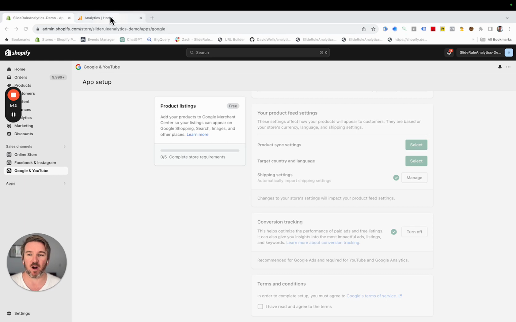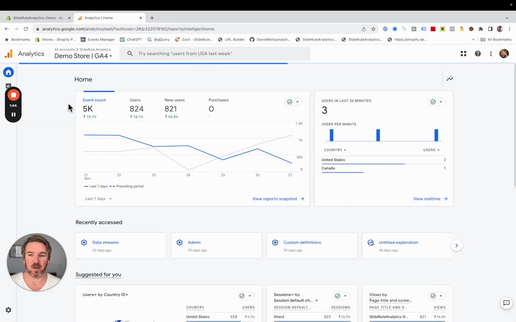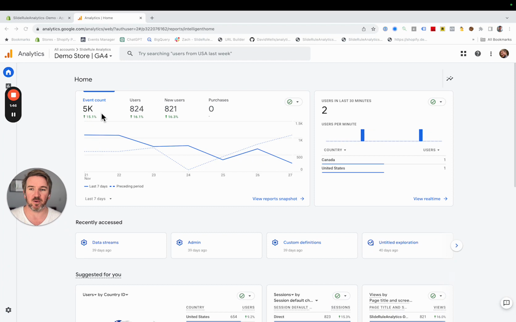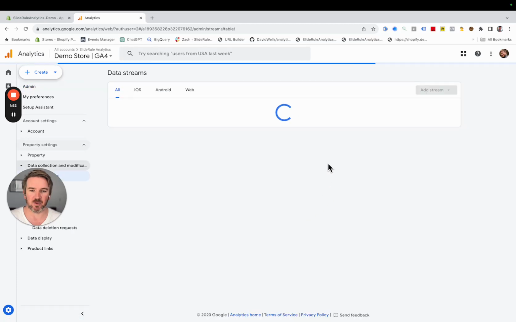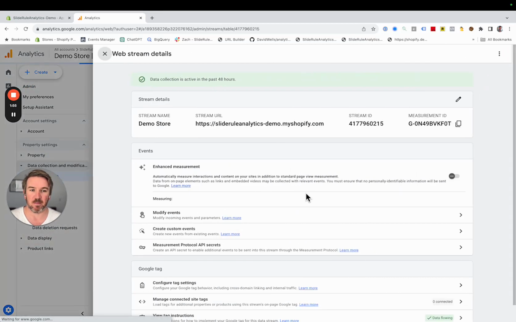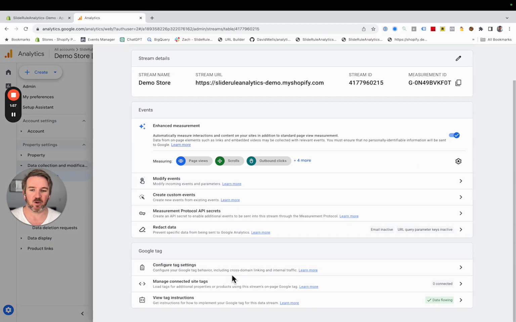Fortunately, turning it off is easy. Preventing the duplicate page views is easy. All you have to do is go to your Google Analytics account. You're going to go to Settings. You're going to click on the data streams. Like I said, this is a very buried setting. You're going to go to Configure Tag Settings